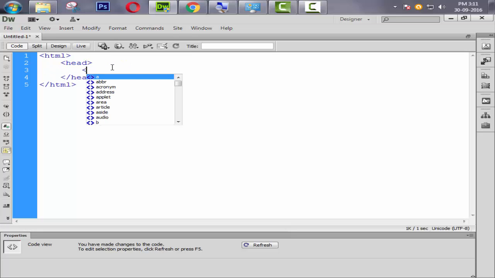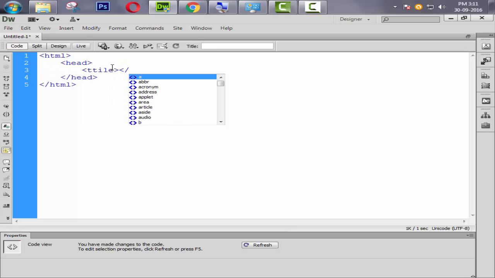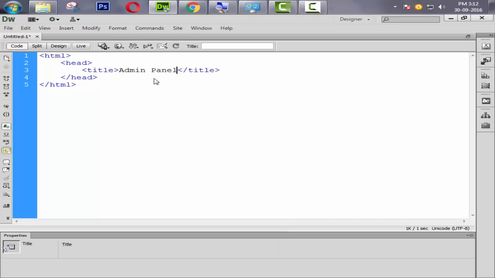Inside the head tag we need a title tag. We give the proper title. And inside title we write something like admin panel. Okay. Then press Ctrl S to save.